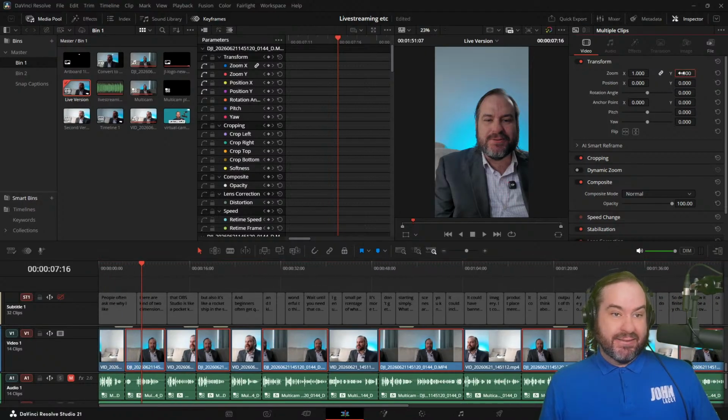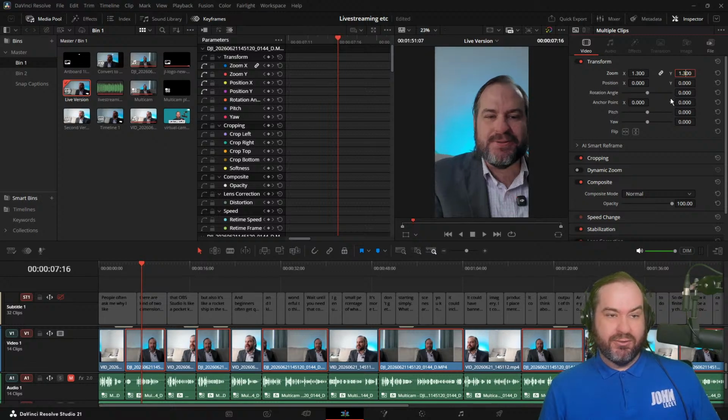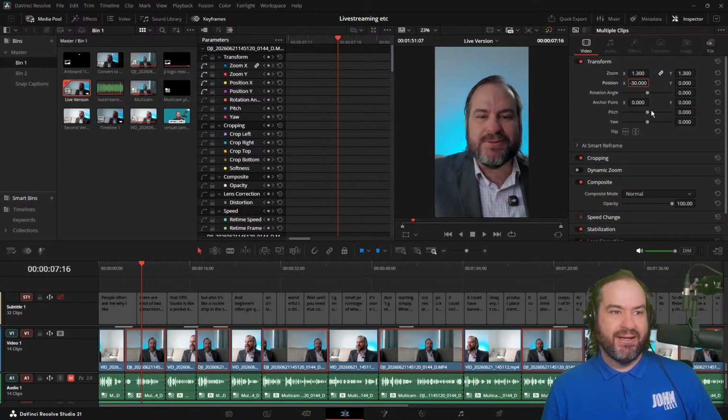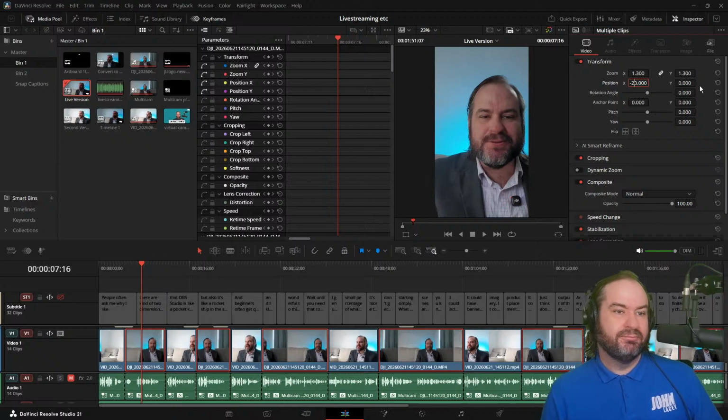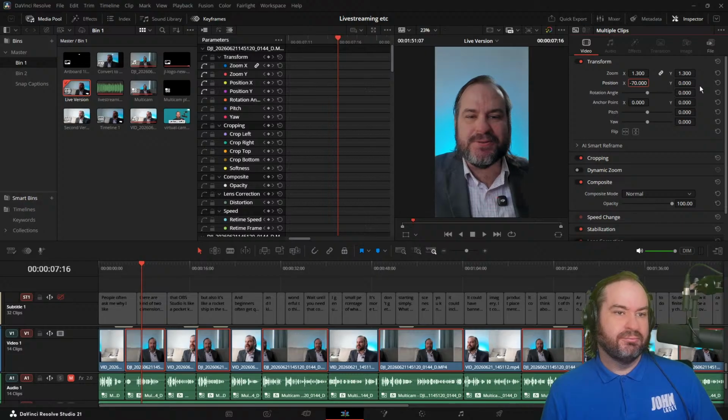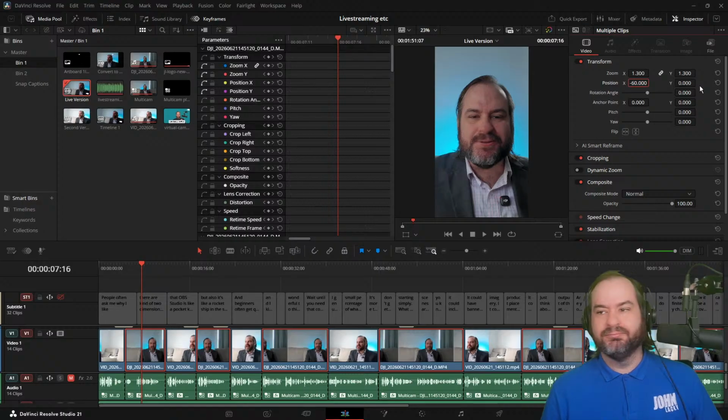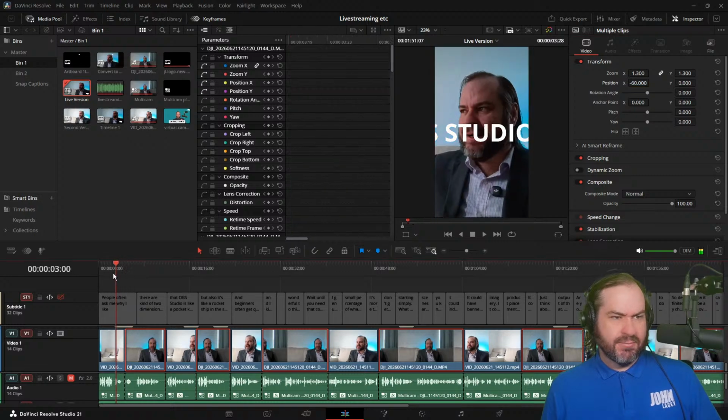And this time I actually want to increase the zoom a little bit. I'm going to go to 1.3. And I think the position, again, you probably have to experiment with this a little bit, but because I did a test run last night, I think minus 30 was pretty good. Maybe a bit more. Let's try minus 60 for the moment. All right. So now,